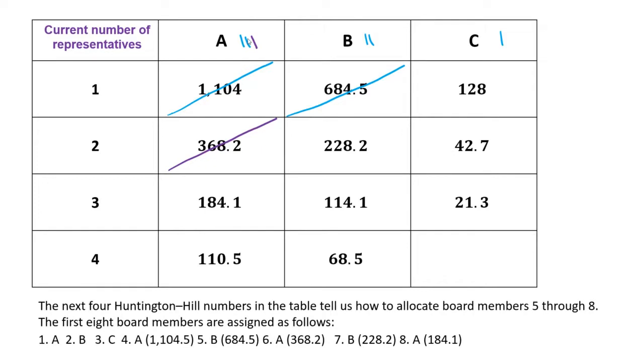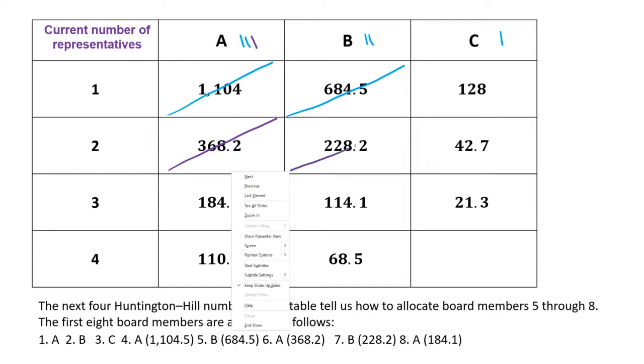And again, we look for the greatest Huntington Hill number. Now we have 184, 200. 200 is the greatest one. So we cross off this, and